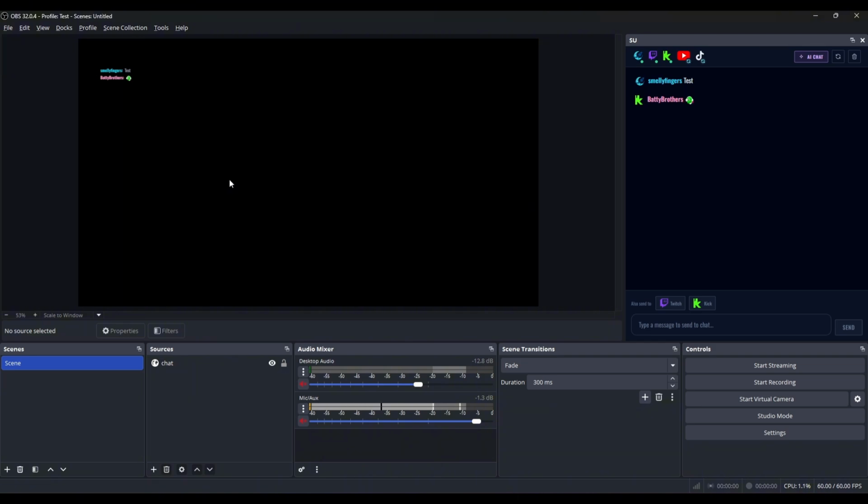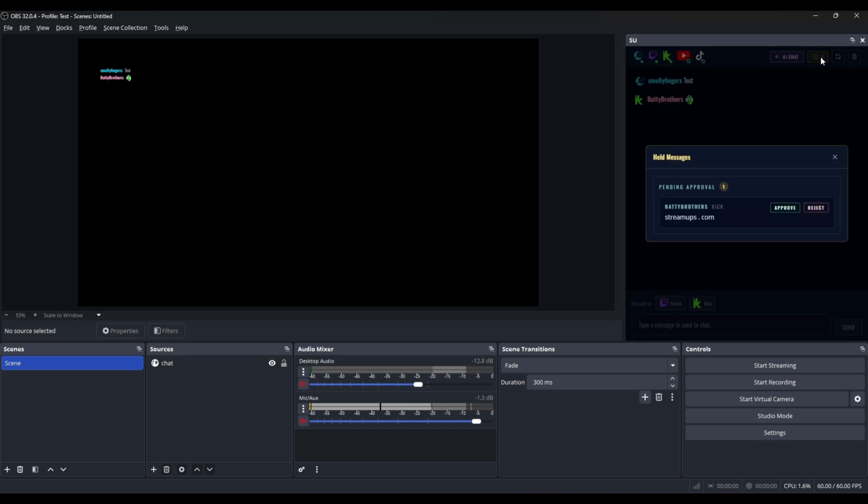And then I'm going to do StreamUps.com. I'm going to send that. So I've sent StreamUps.com. Obviously, we've got that moderated. So there you go. You can see the icons appear there. So what we can do is, again, it's just blocked completely. So you could either just choose to ignore it, or you can come and have a look, see what the